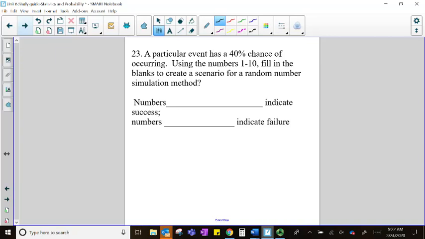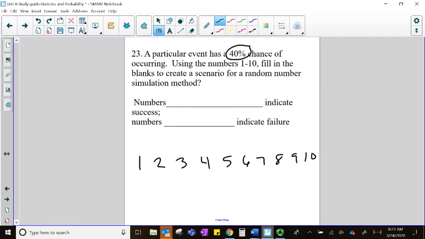Using the numbers 1 through 10, fill in the blanks to create a scenario for a random number simulation. So our outcomes are 1, 2, 3, 4, 5, 6, 7, 8, 9, and 10. Those are the only things that we can use. So there's 10 numbers we can use. Now we want a